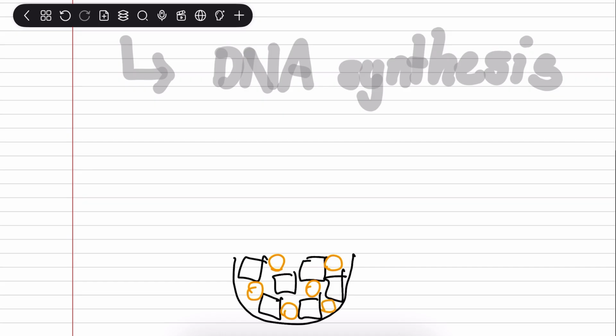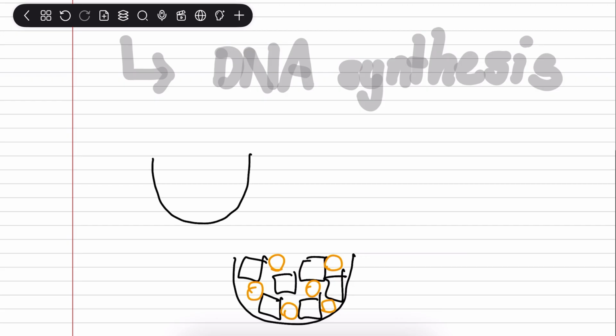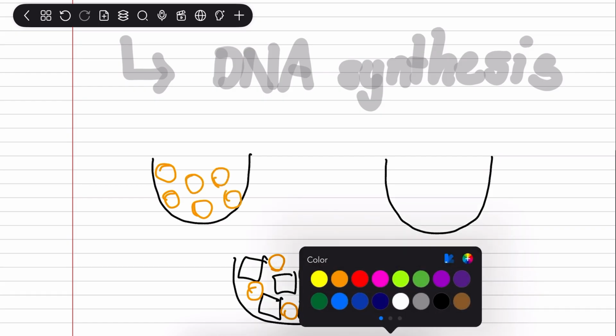All right. So for me to be able to synthesize, to make more of DNA, let me just do the analogy. So let's say we have a bowl of peanuts and raisins, and I want to, from one bowl, make 2 bowls, ensuring that we have the same amount of peanuts and raisins. What I would do is that I would put all the raisins, 2, 3, 4, 5, 6, in one bowl. Then I'd put all the peanuts